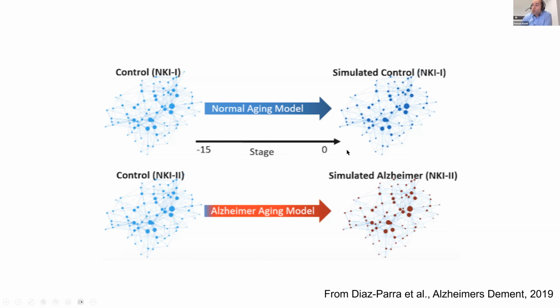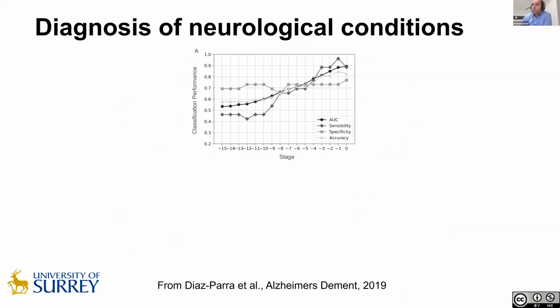And the goal was to leverage this kind of progression model to differentiate as early as possible between the two cases, between the two scenarios. And we obtained quite good performance in differentiating this. And as you will see here on this figure, we have classification performance that essentially indicates the performance of classifying